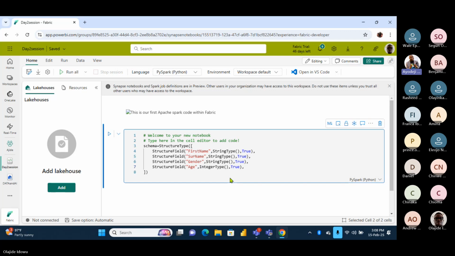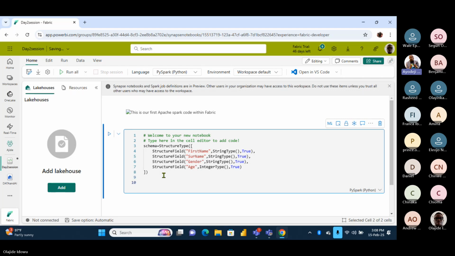So after the schema, please come down. Remove the last comma. That's the end. There won't be a comma in the last one. Good. Now come down after line 8. Come down one more time. Let's create our data. Call it our data.